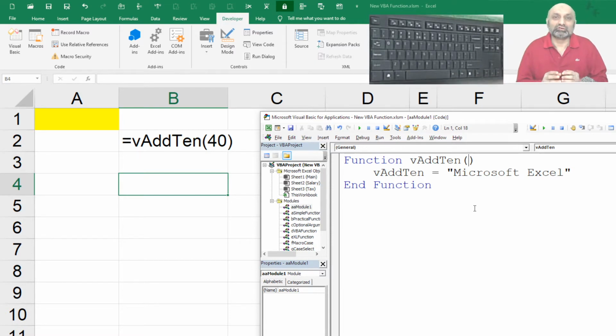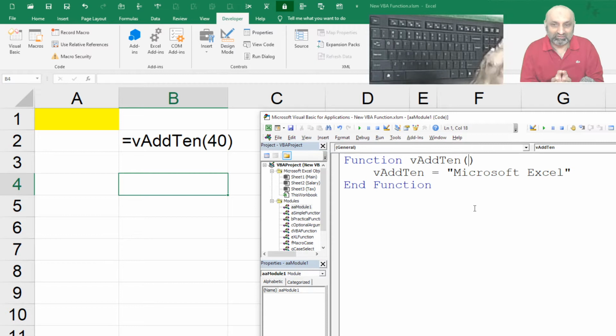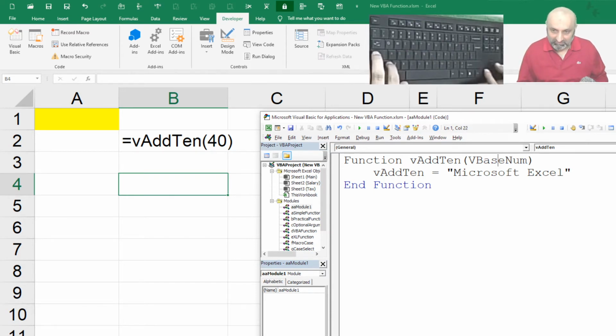I need to define a variable so that the value the Excel sheet is sending to VBA is caught and stored in that variable. Let's call this vbase num. So the variable is, let me turn that v to lowercase, yeah. So I am sending the value of 40 and that is now stored in vbase num.